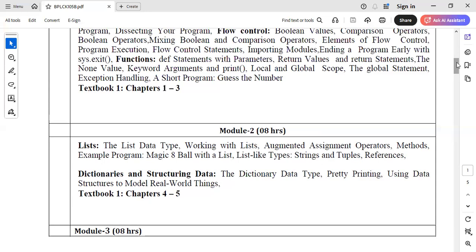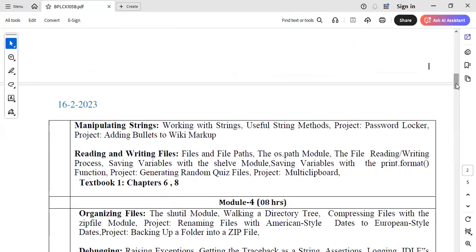Dictionaries and structuring data: the dictionary data type, pretty printing, using data structures to model real-world things. Module 3, manipulating strings. In manipulating strings, we cover working with strings, useful string methods, project: password locker, project: adding bullets to wiki markup,